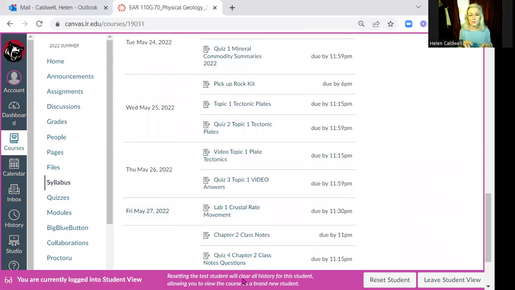Everything else is fairly short and straightforward, but the labs take more time, mostly because I'm not in the room with you. All right, so I'm going to stop my share